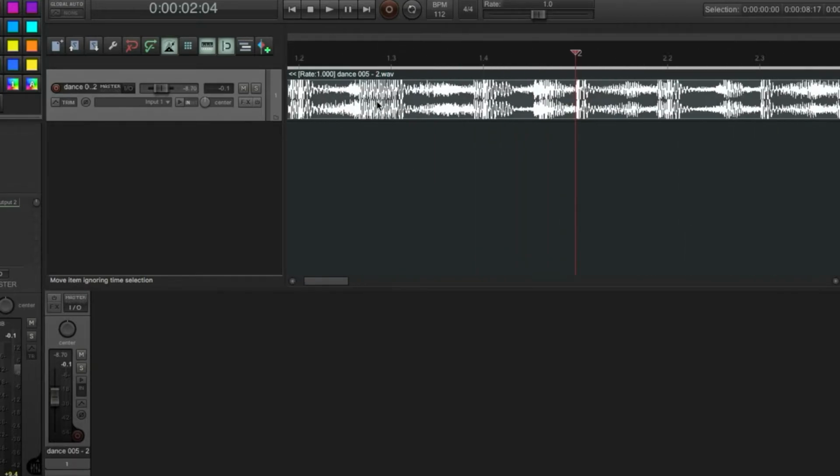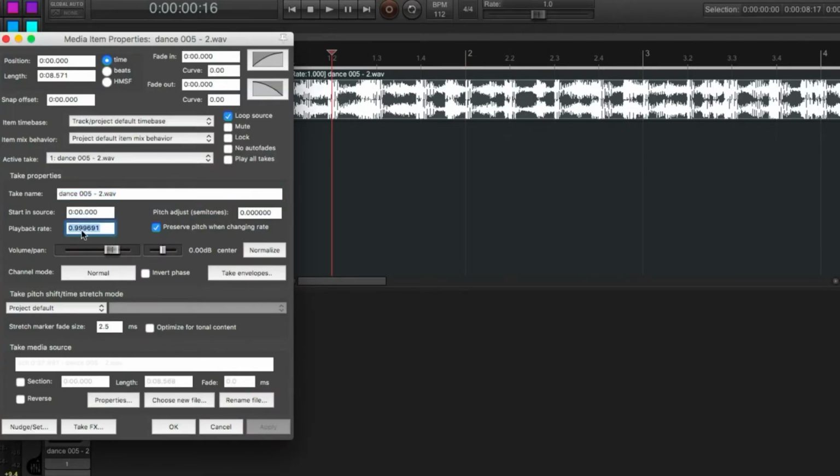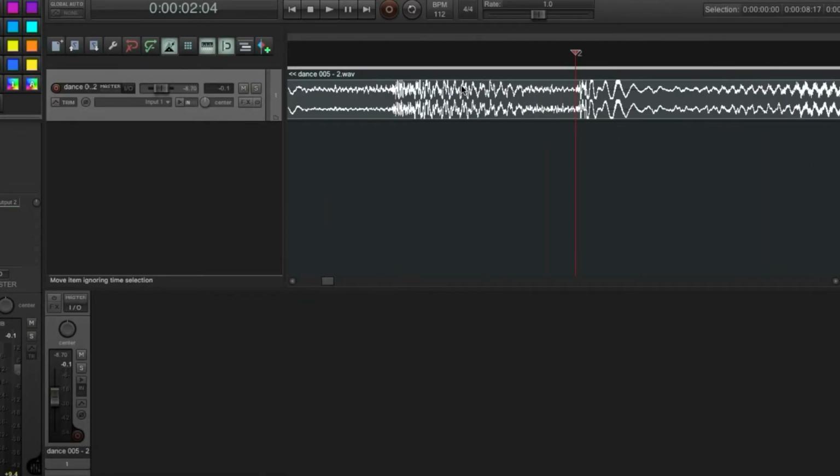So we've found the tempo, and as you can see, when you have found the tempo, the rate will either go back to 1, or if it's a decimal point, it will just round it up. So we can go back in here, press 1, boom, and now we are on time. So if we play it,